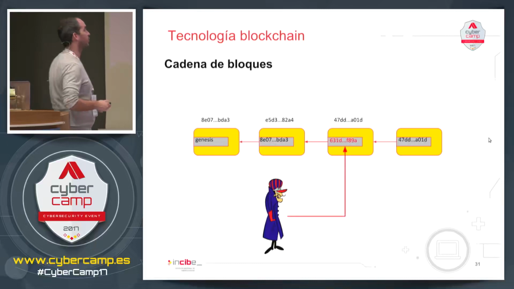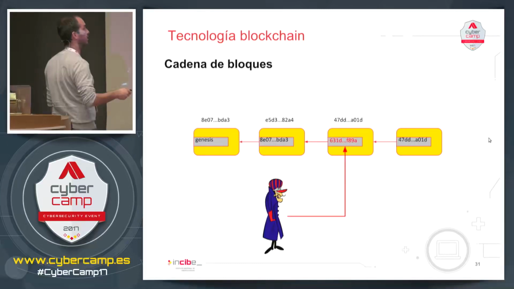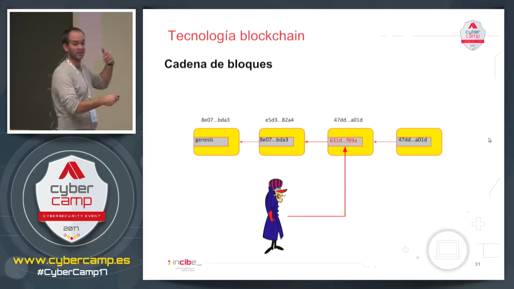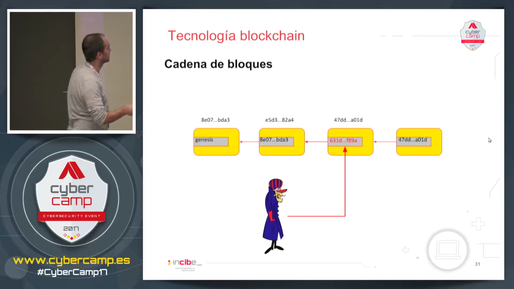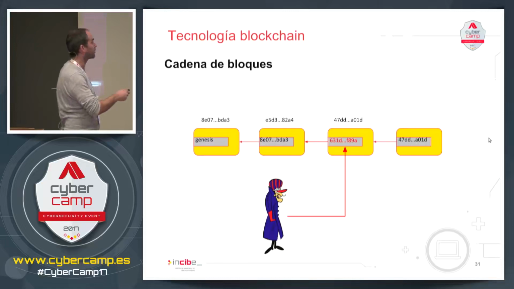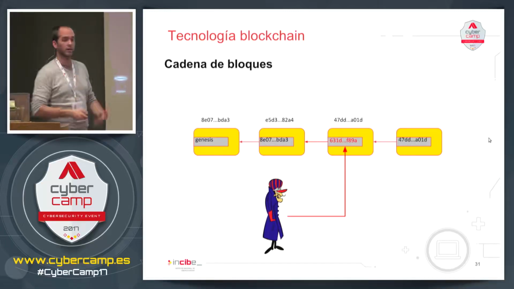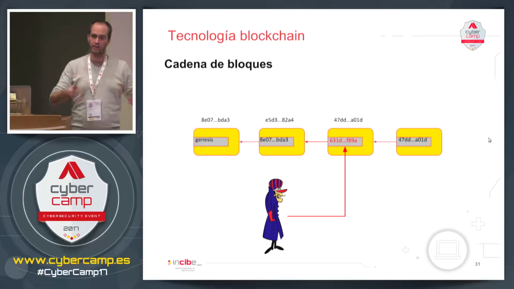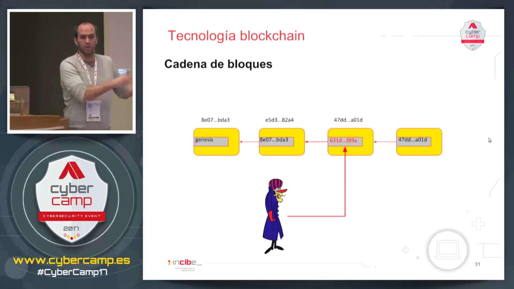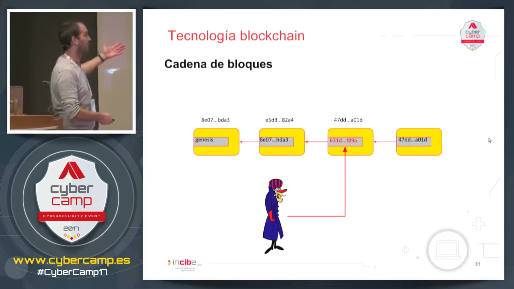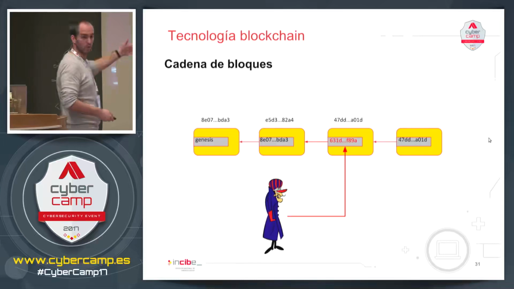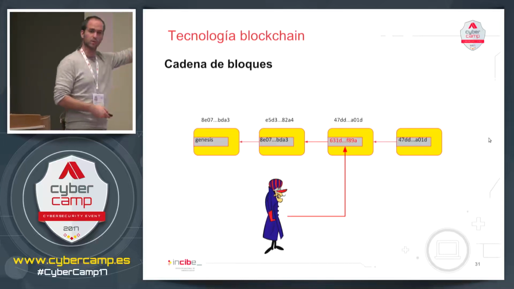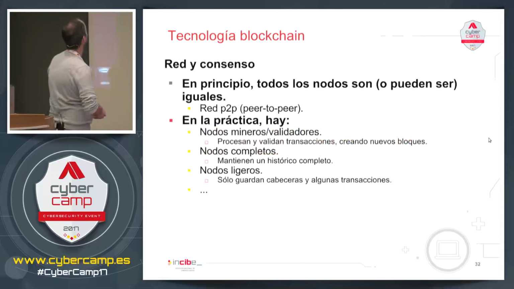It's changed. And what happens is the rest of the nodes will see that the hash pointer of block 3 that's been modified, which is 631D, doesn't coincide with the hash of block 2. And everybody's going to realize that this guy or somebody is doing something really weird. So this blockchain will be rejected, this block will be rejected, and everybody will carry on as if nothing had happened.